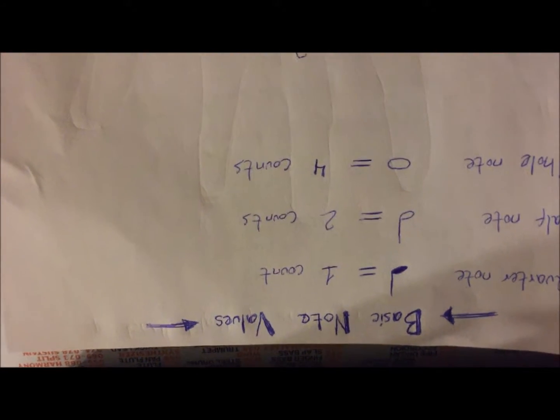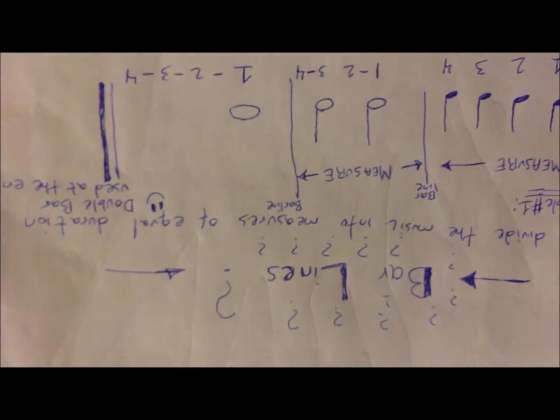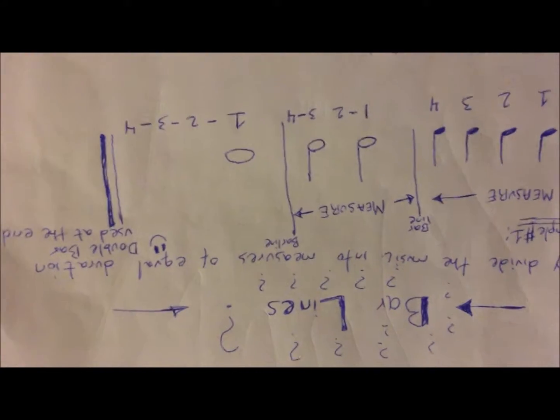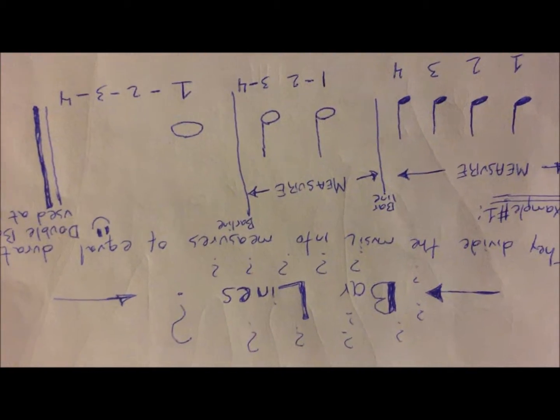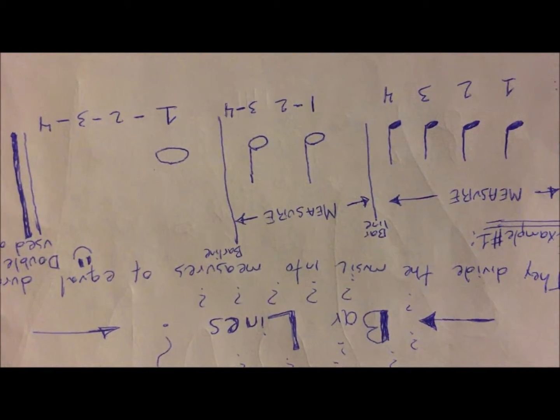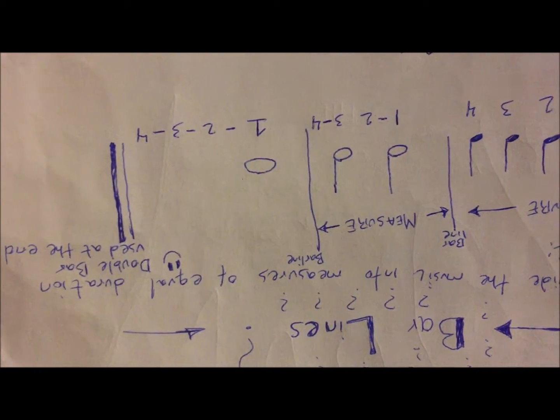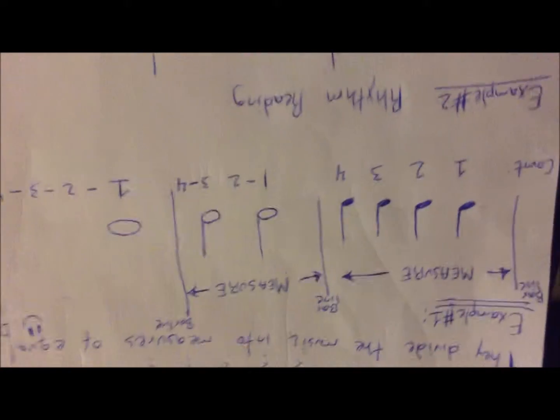Besides basic note values, we should also be aware of how measures are created. Bar lines divide the music into measures of equal duration. Like here,